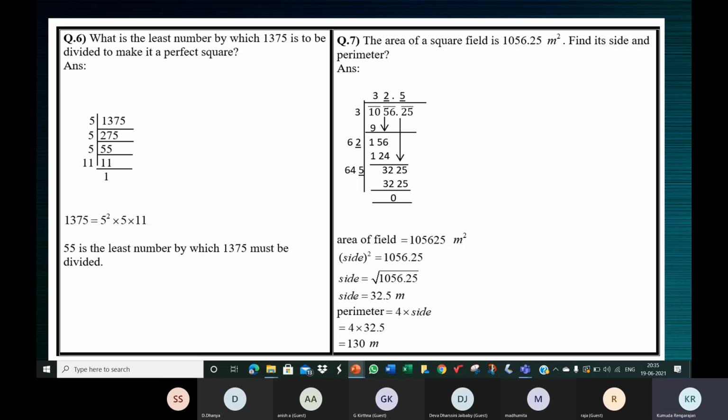The area of a square field is 15, 301 by 729. I'm saying a mixed fraction, like how we write 1.5, 1 by 2, like that, a mixed fraction. Ma'am, but you just said in the video how to find it from a decimal number. No problem, you should still be able to do this. Try. If we don't get it, I'm going to help you. Okay, so the area of a square field is this one. Find its side and perimeter.